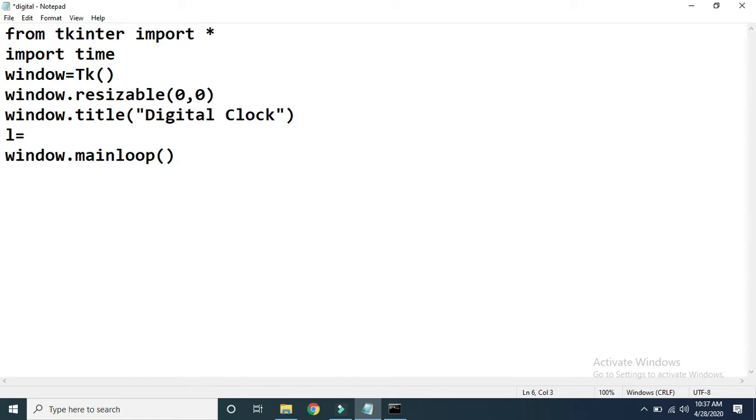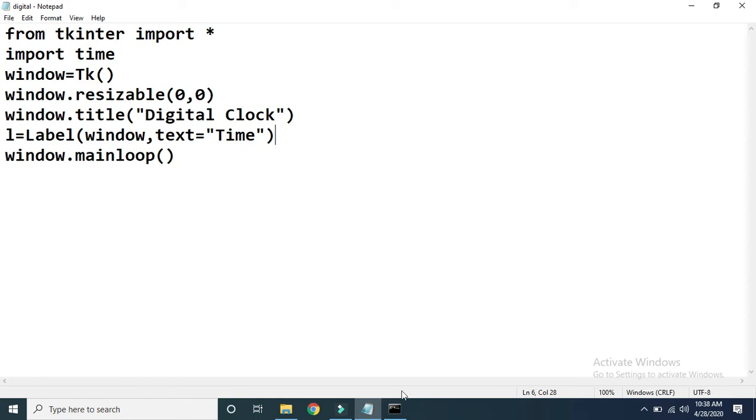So for the object, I'm giving the name here as L. So we have to create a label, meaning here we have to create an object of the Label class. And then for the constructor of this Label class, we have to pass some parameters. The first parameter is window and the second parameter is the text. Initially, for the text I am just going to assign the value as type, just to show you how it is going to display.